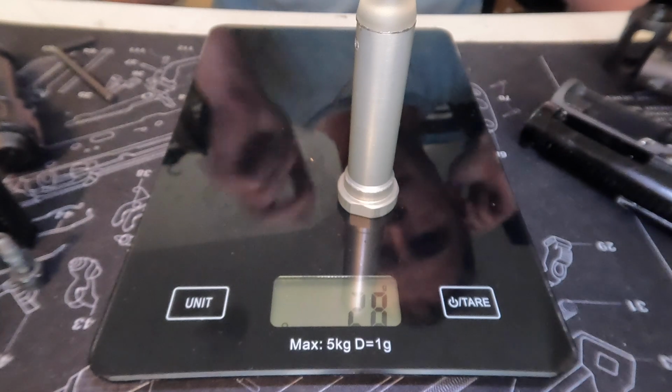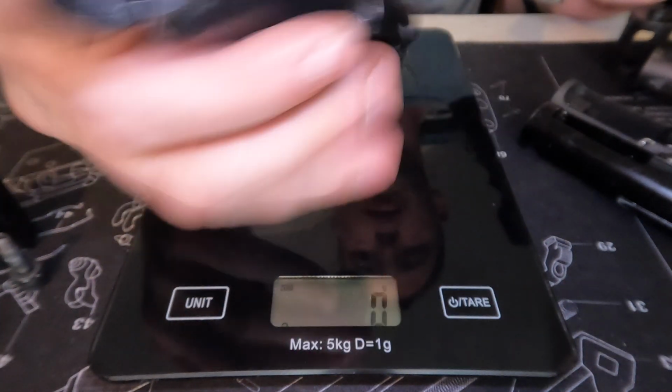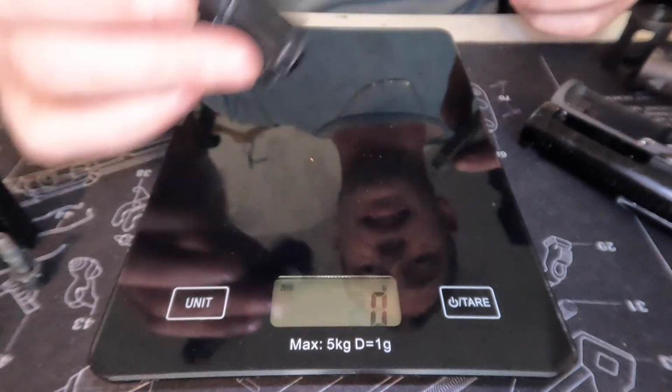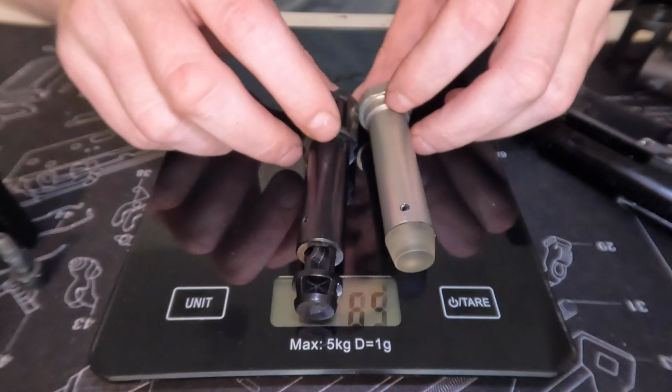Wow, that's light. That's really light. Okay, let's compare that just to the completely bone stock with the springs and everything TM. That comes in at 24 grams. This is actually our lightest buffer, but what we're going to also compare here is the length of the 2